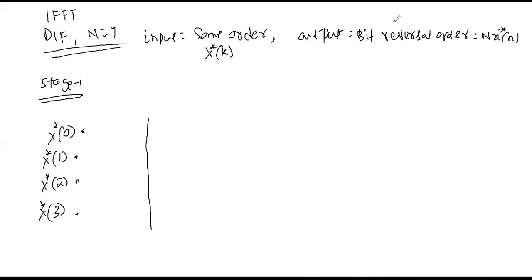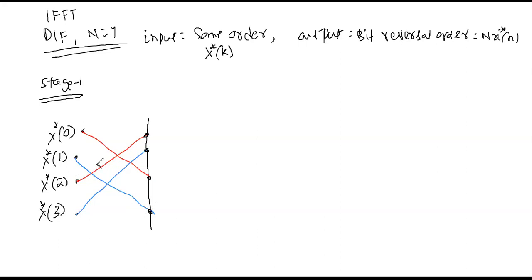Then how do we do the butterfly in the case of DIF? First and third, yes or not? See, the first butterfly is between first and third, because this is DIF, not DIT, and the second butterfly is between second and fourth. Simple: first and third, and second and fourth. First means 0, third means 2, second means 1, fourth means 3. Now these are the outputs.